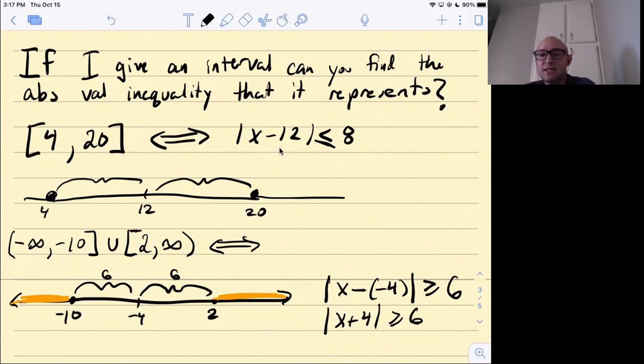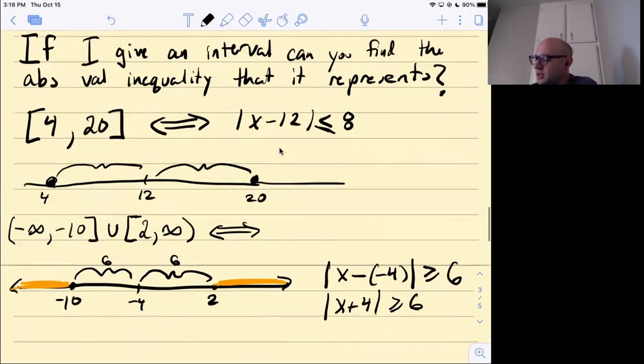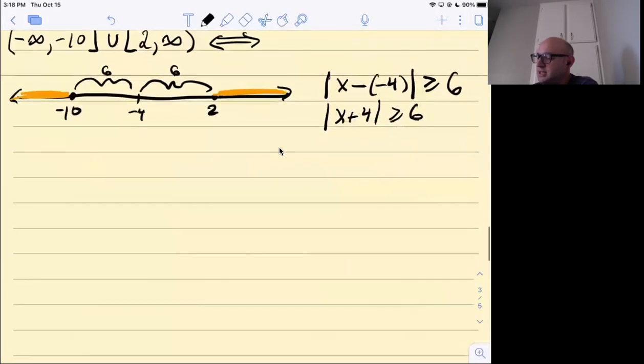Okay, so why is this useful? Why did mathematicians come up with this notation? What's the point of talking about intervals? I can already have intervals, so why do I need to do absolute value inequalities? The idea is, in calculus, you're going to learn about something really cool,